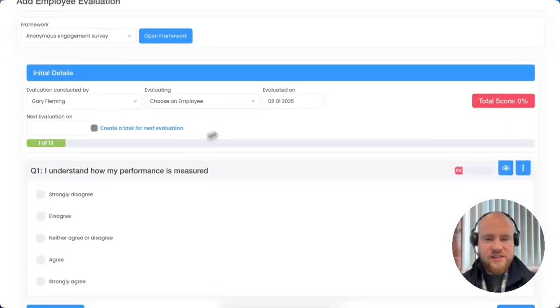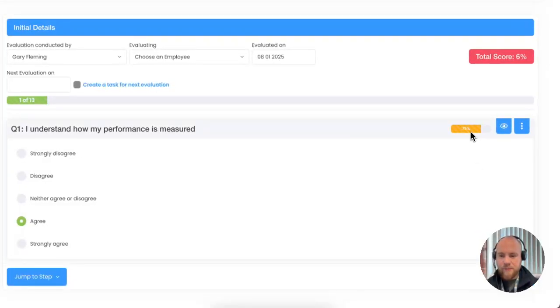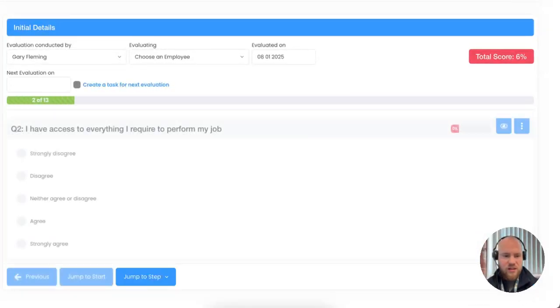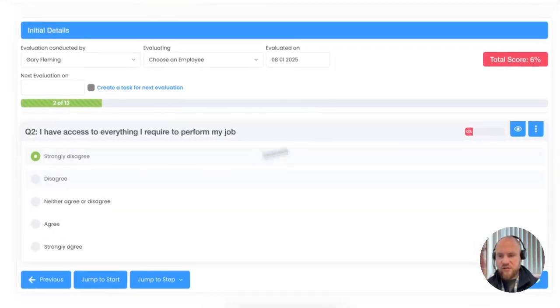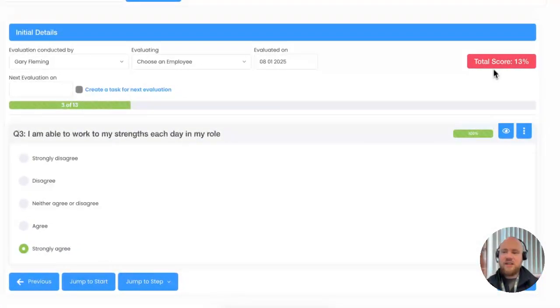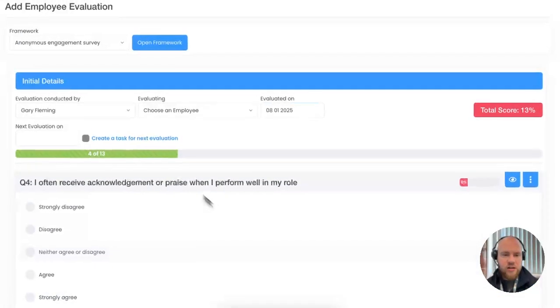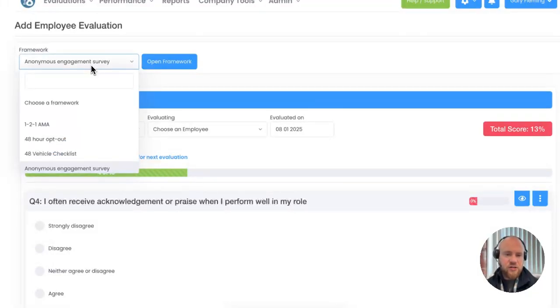So you can see we've got the same bit at the top here, and then underneath, this is question 1 of 13. We've got this completed bar at the top, which we did not have before, and this simply takes you through step by step, one question at a time, a typical strongly agree, disagree. And then if I take that, you can see that has gone up, and if I click next, if I tick strongly disagree, that stays at 0. If I tick strongly agree, that's 100% and has significantly impacted this score. So you can do step-by-step rated and weighted questions. And if we take a look at one more,